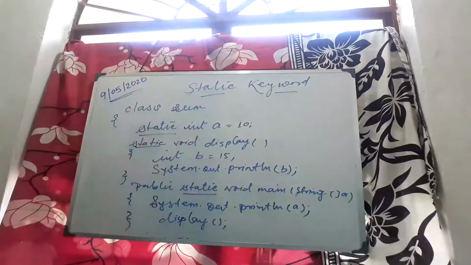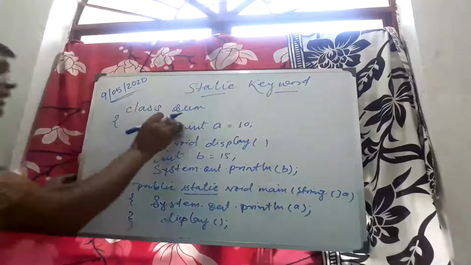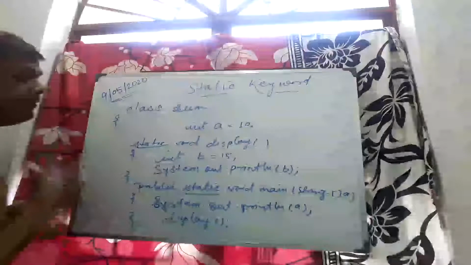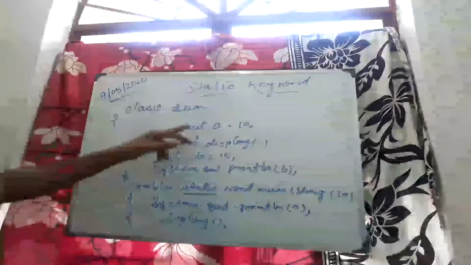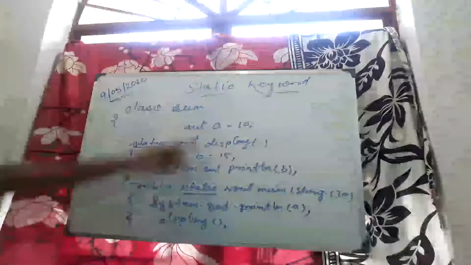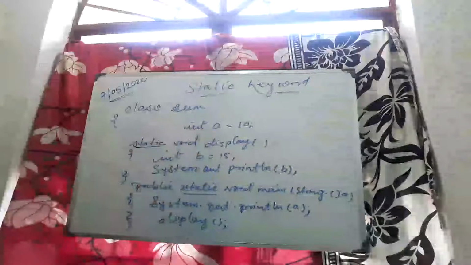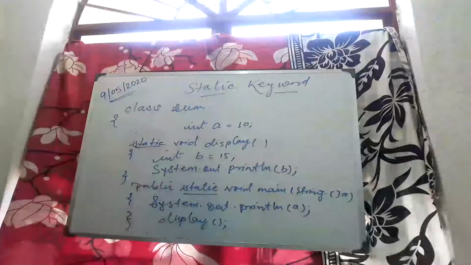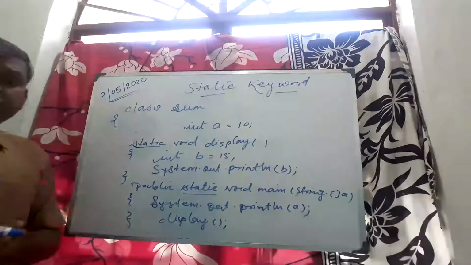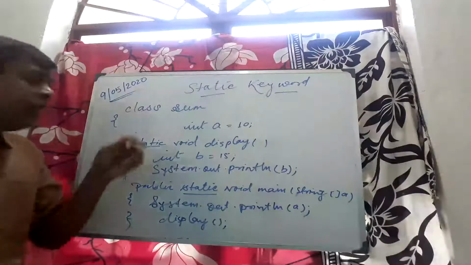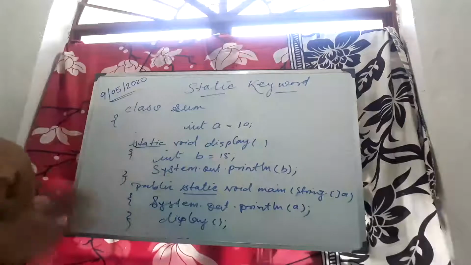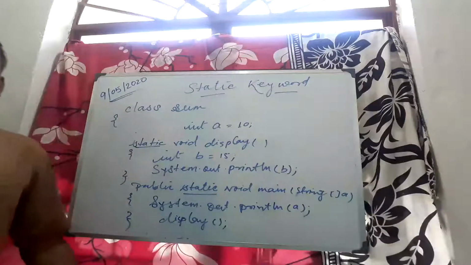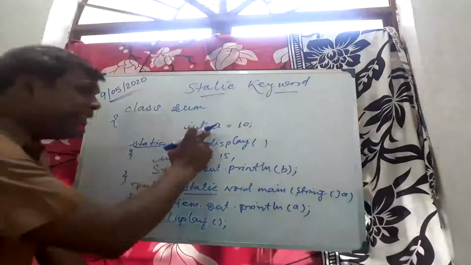So what happens if it is not static? If it is not static, then it will be known as an instance variable. Now it's an instance variable. What is the difference between static and instance? A static variable is common to all the instances of the program. But in the case of an instance variable,